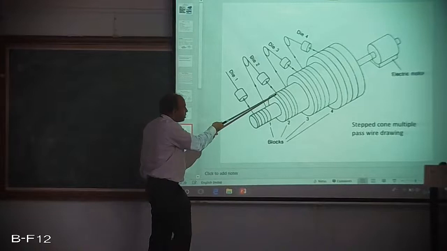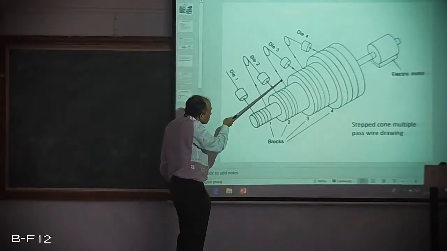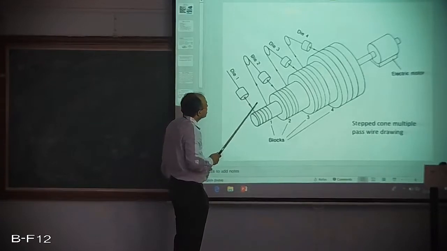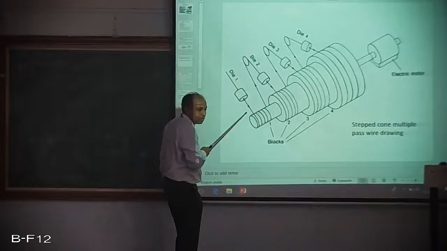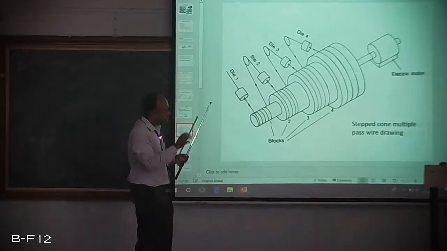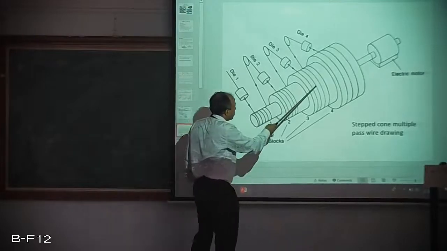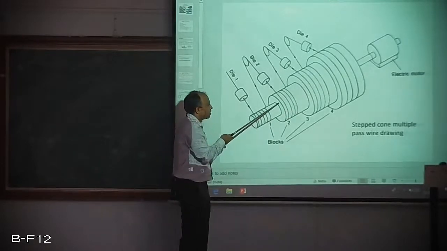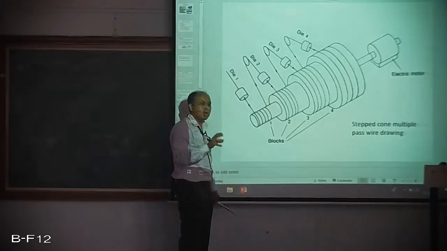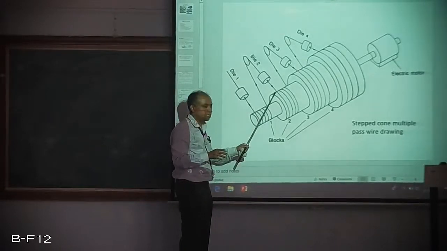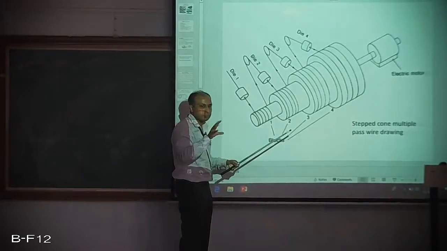Similarly, this speed is higher than this particular speed, and if you take here, this is higher than this, is higher than this, is higher than this. With a constant RPM, how can I do it? It can be done using a step pulley. If you have a larger diameter, I can increase the peripheral velocity. So calculations are to be done accordingly: how much reduction is happening? According to that, you need to fix the diameter of that step in that particular pulley.